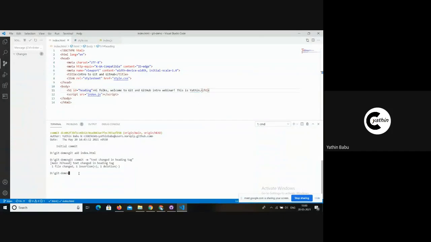In order to push the code, meaning upload the code we have in the local repository to a remote repository, we need to add a command. Let me show you. Okay, let's push -u origin.